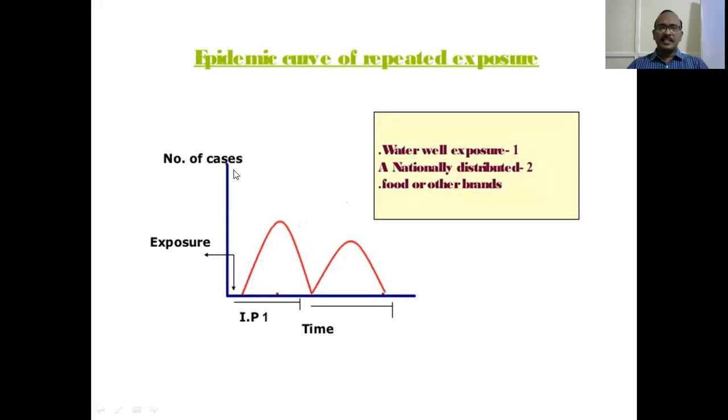So this is the slide which is showing the epidemic curve of a repeated exposure. As I said, there would be multiple curves. If a group of people are exposed to, say, a well of contaminated water, then we have the epidemic curve for this. Now another group of people who are exposed to this well of contaminated water will get another epidemic curve. So there will be a number of curves depending upon the exposure to this particular infection or particular consumption of food. So we see a number of curves.